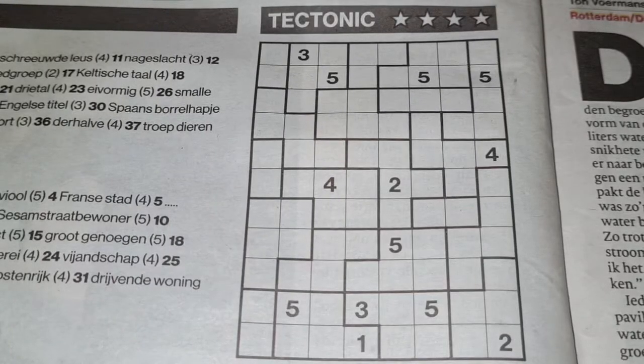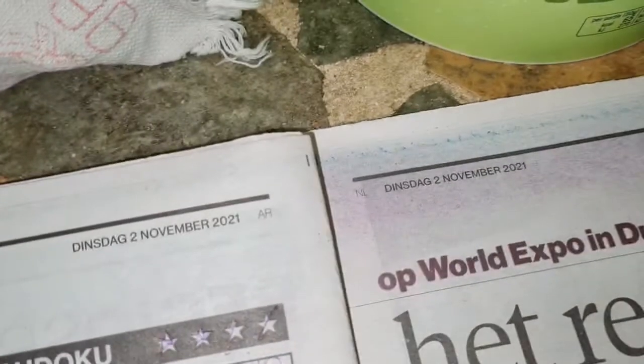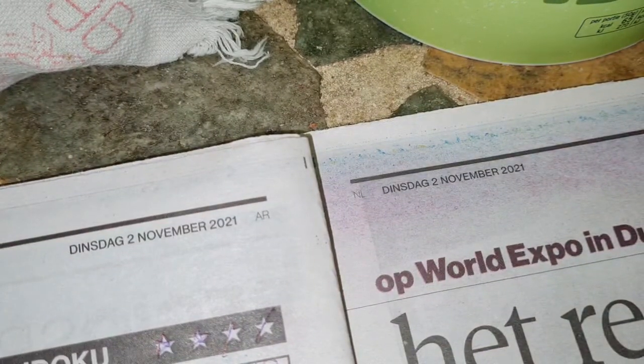Hi guys, welcome back with the fourth puzzle. The fourth puzzle, a Tectonic with 4 stars, in the additional of today's newspaper on Tuesday. Yes, it's still Tuesday, November the 2nd,